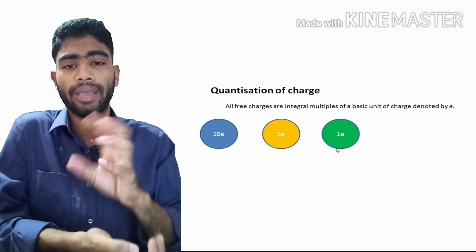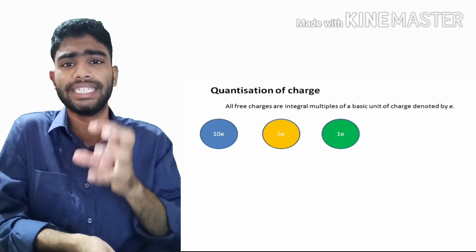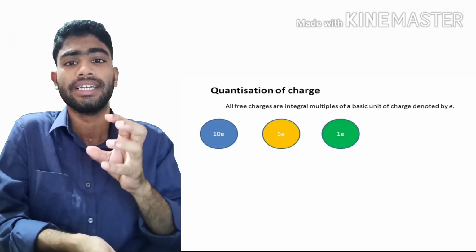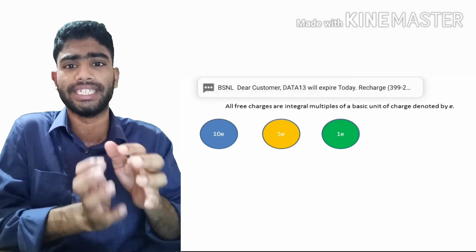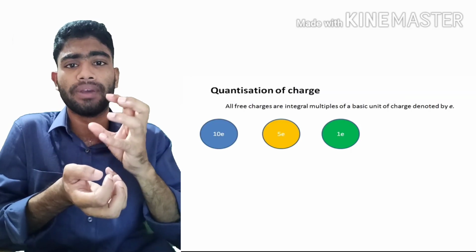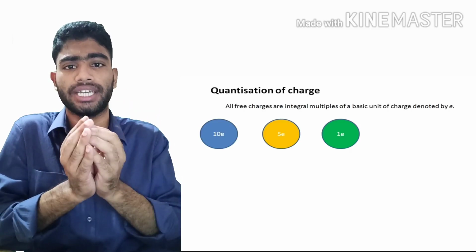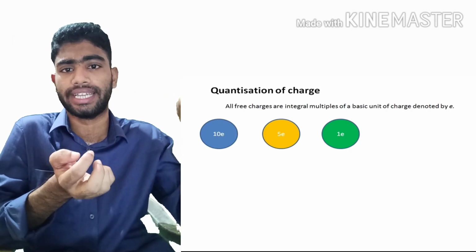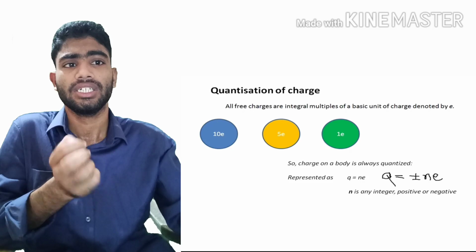So similarly, everywhere you will get a system containing an integral multiple of a basic unit of the charge, denoted by e. Everywhere you find the charge is like 1 electron, 2 electron. That's why it is quantized, meaning it is fixed. It is like a packet. A charge is a packet of electrons. One packet, 1 electron charge, 2 electron charge. So you can make your charge by packets, meaning 1 electron, 2 electron, 10 electron. That's why we say it is quantized.